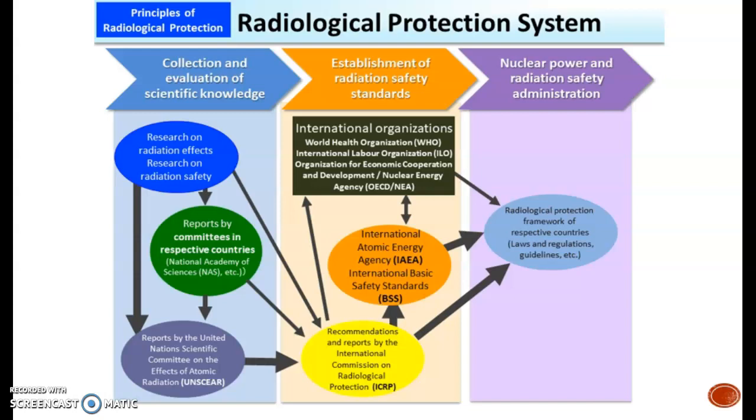Basically, they compile all of the safety information, and then they provide that to organizations worldwide. For example, the government of Qatar has formulated its laws, regulations and guidelines based on the Basic Safety Standards of the International Atomic Energy Agency. So out of all of these international organizations, the ICRP and the IAEA Basic Safety Standards are what we need to pay close attention to on a regular basis. This will ensure that our knowledge is up to date and current with regard to the safety regulations.